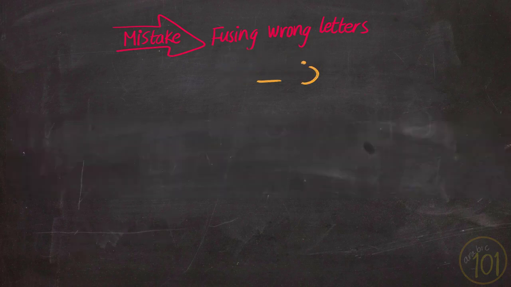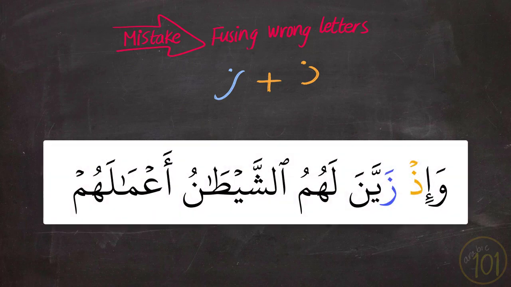Also, when these two letters follow one another, it can be confusing to many learners who didn't practice the sound enough. But fortunately, there aren't many examples of the Quran that have this combination. But this is how you should pronounce it. وَإِذْ زَيَّنَ لَهُمُ الشَّيْطَانُ أَعْمَالَهُمْ. The mistake here is that some people tend to forget or to fuse the dhal with z, and they say